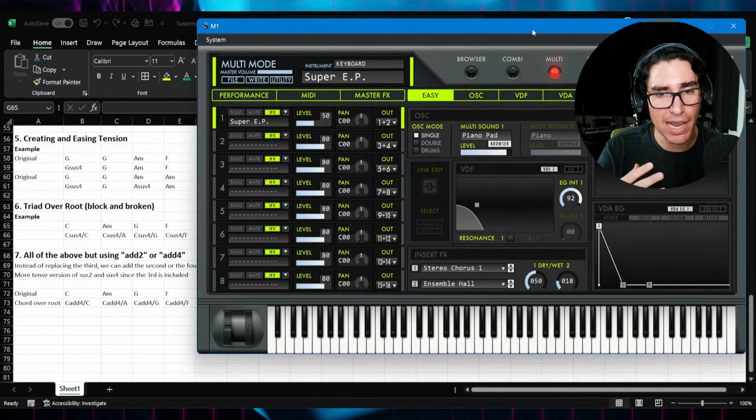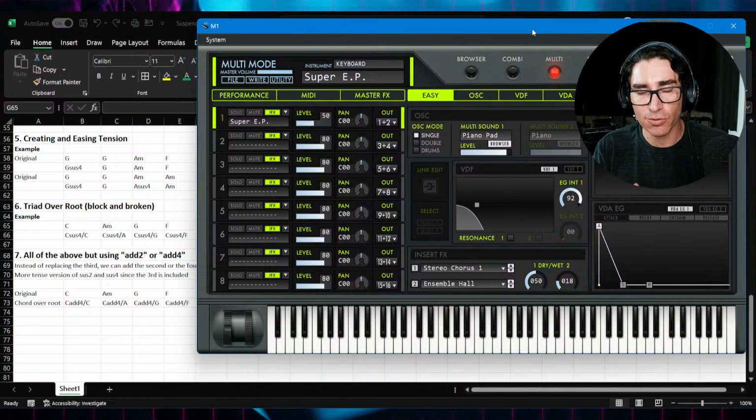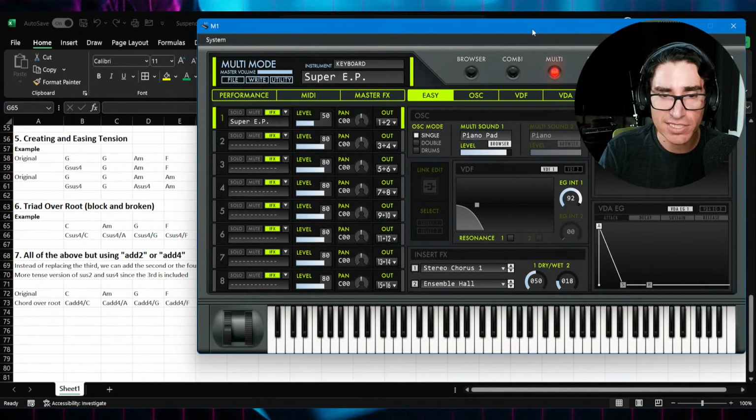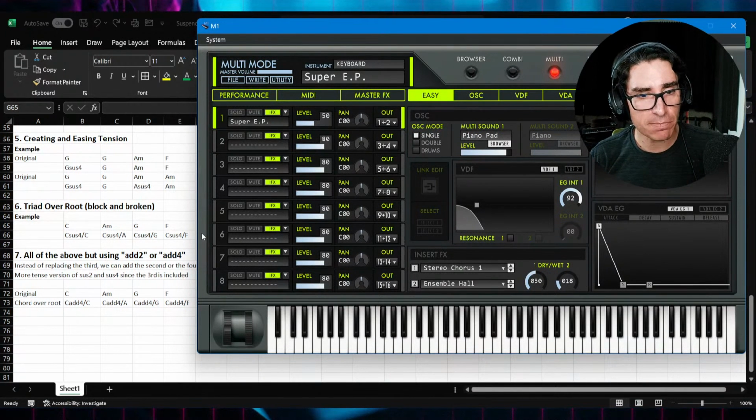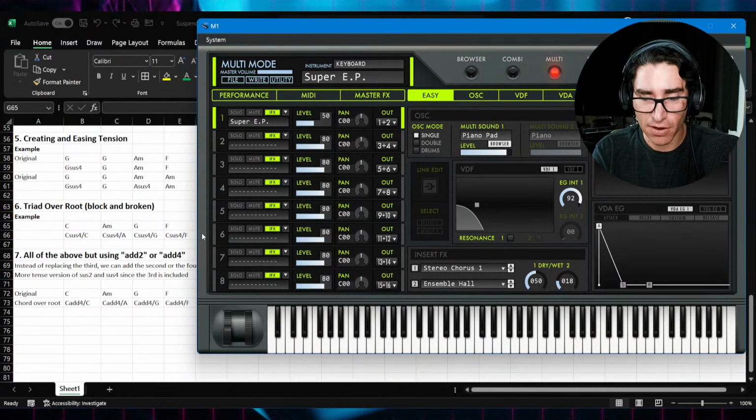Without thinking about whether it's a 6th chord, a 7th chord, whatever chord, 11th chord, we're just using a very simple technique to create that kind of dreaminess. And this technique especially is not only super useful with block chords, the way that I've been playing it so far, like this,